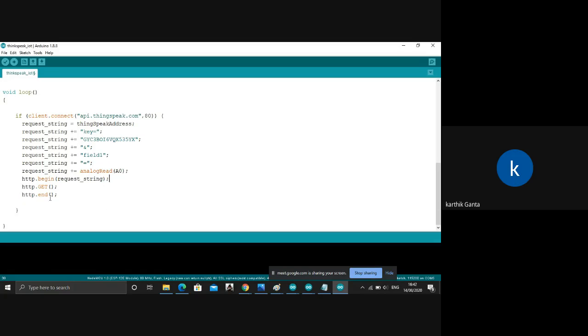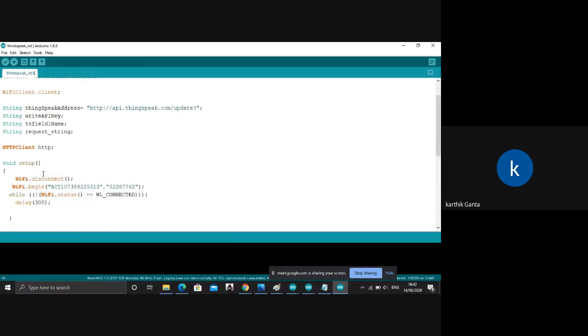So what I'll do is also print this so that you can see it is sending in the same format. I'll just start the serial monitor.